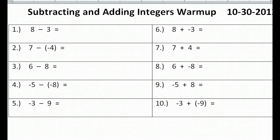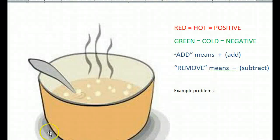Hi everybody. I want to give you a big tip on subtraction. It can make every subtraction problem that you do much easier when it comes to integers. So let me start with the soup. Start with the soup. Now let's say I had positive